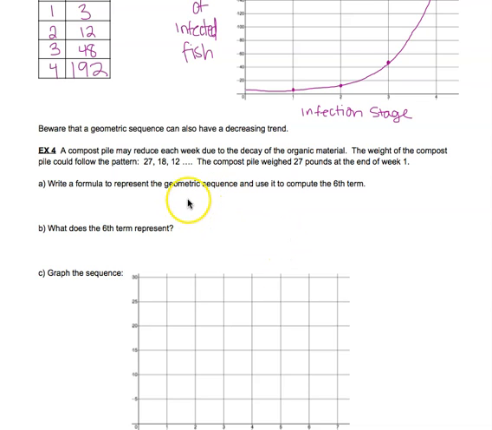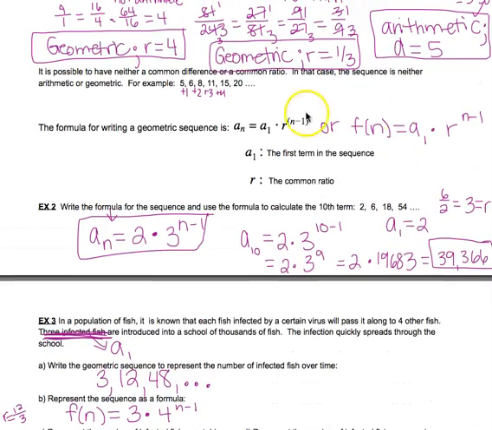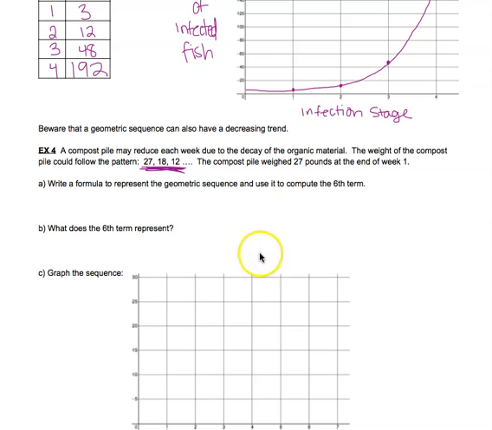So I want you to take this guy right here. That's our geometric sequence. Find me the formula. So again, we're using this right here. Write the formula that represents this sequence for the compost pile. All right, so in our formula, we need the first term, which is 27, and we need the common ratio,